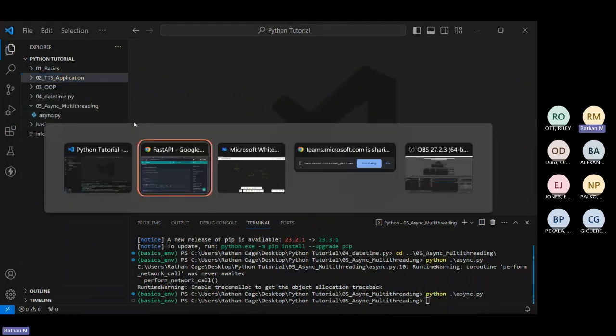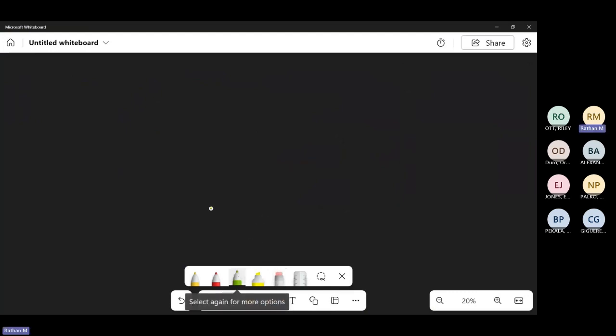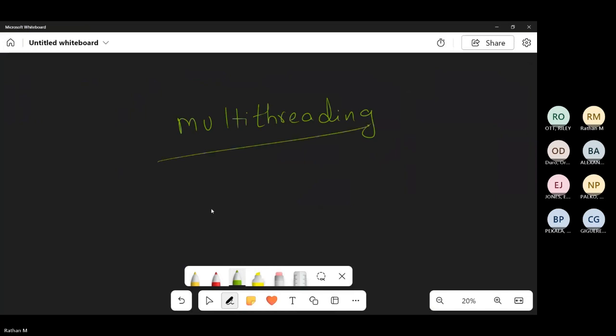The next part that is quite amazing to learn after async is multi-threading. Now, the whole idea of multi-threading is, in order to understand this, we need to go back into how CPUs work.